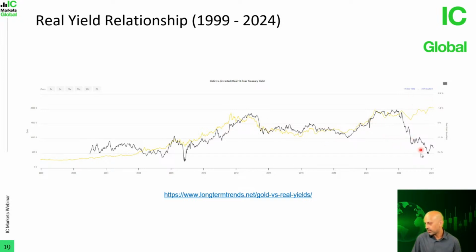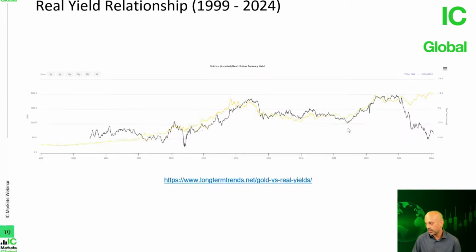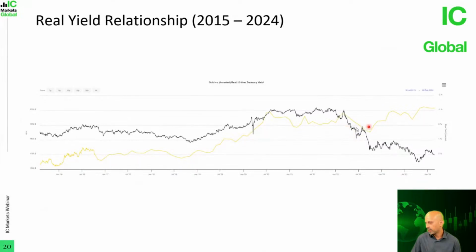But it does seem that in recent years, in the last 2 years, this relationship has been broken, right? It looks to be somewhat broken. So let's zoom in a little bit here. As you can see, despite real yields becoming more positive, which should have caused gold prices to pull back more than expected, it didn't, right? So we can see there's a little bit of disconnect between the inverted real yield and gold prices here.